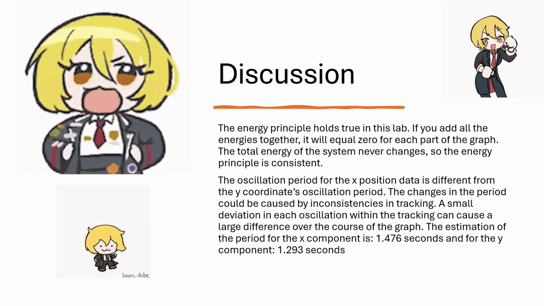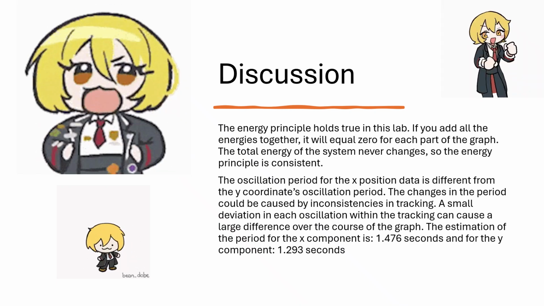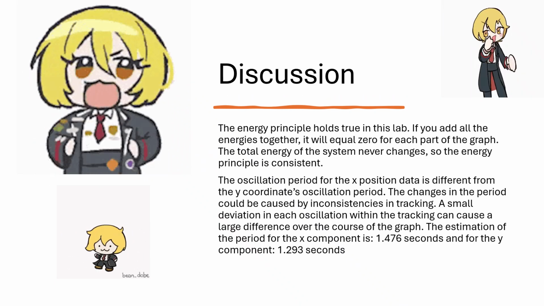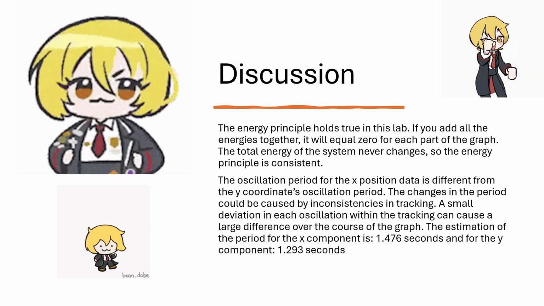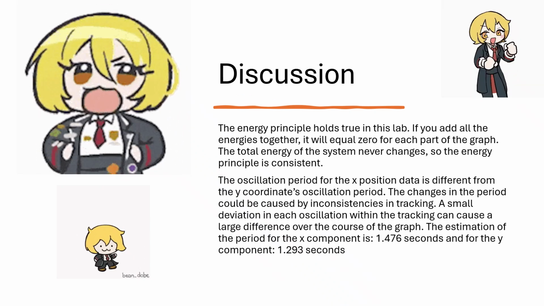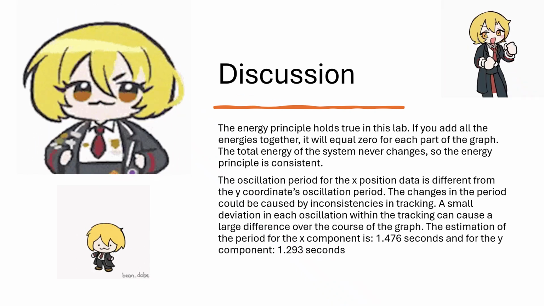The oscillation period for the x position of the data is different from the y coordinate's oscillation period. The changes in the period could be caused by inconsistencies in tracking. A small deviation in each oscillation within the tracking process can cause a large difference over the course of the whole graph. And the estimation for the average period for the x component was 1.476 seconds, and for the y component it was